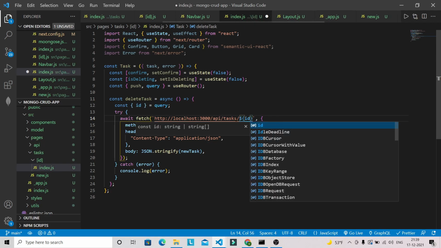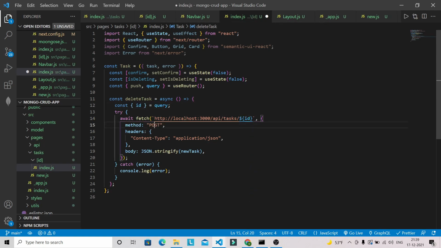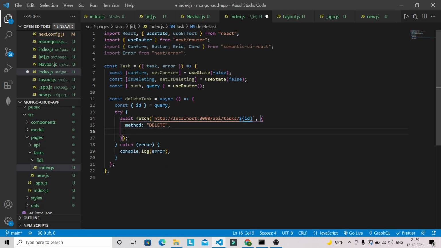We also have to adjust the method, so it will be delete, not post. We can get rid of the header and body, because we are not going to receive any kind of JSON response, and since it is a delete request, there's no need to send the body. The catch method will be as it is.